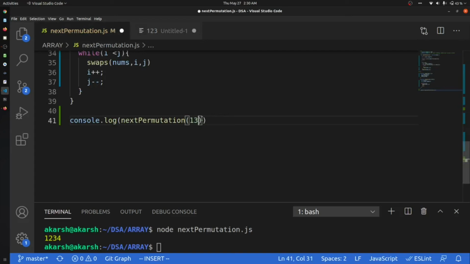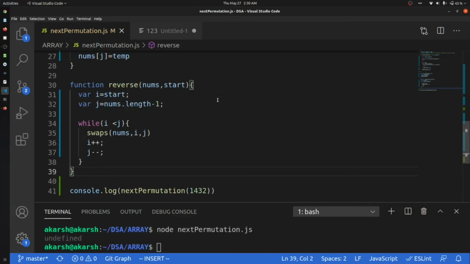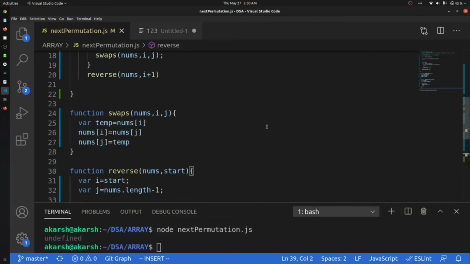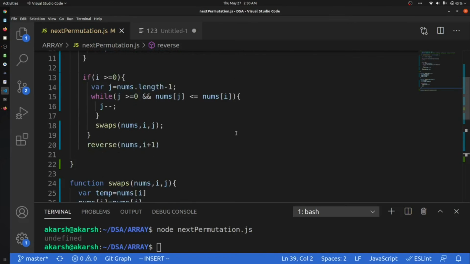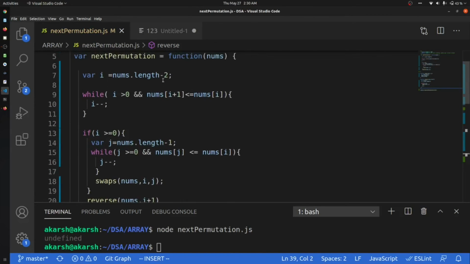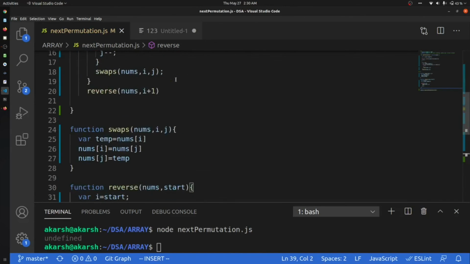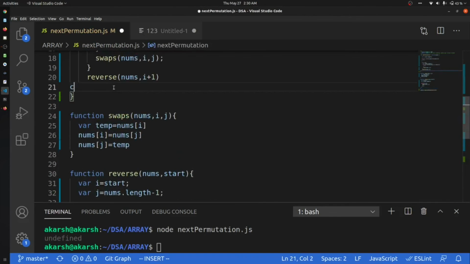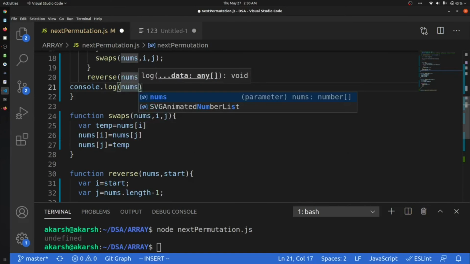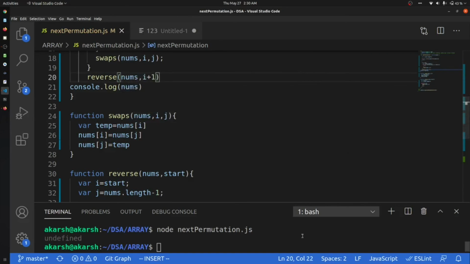Then we will see it's returning undefined. So we have to figure out something, just a slight mistake somewhere. 1 4 3 2.